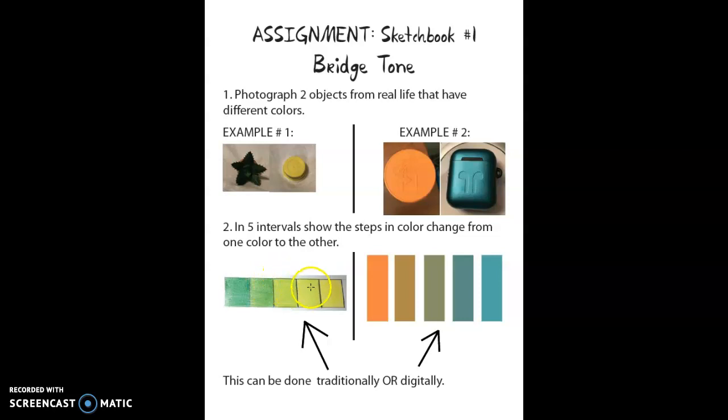What are the colors that you would have to use to slowly get into that next color? Example number 2, orange and blue. So showing orange, 1, the next color, 2, 3, 4, and 5 intervals to show the steps in color change from one color to the next. And you can do this either